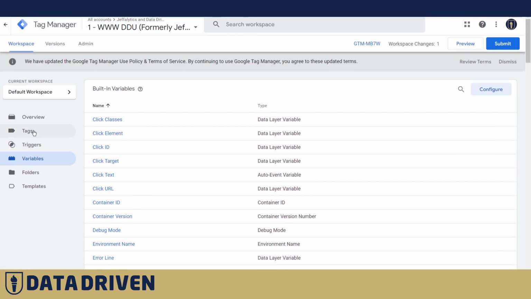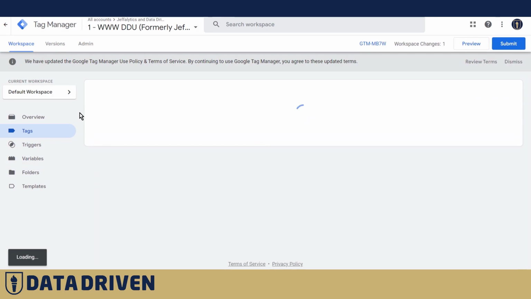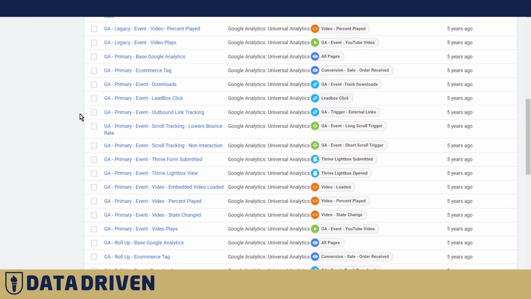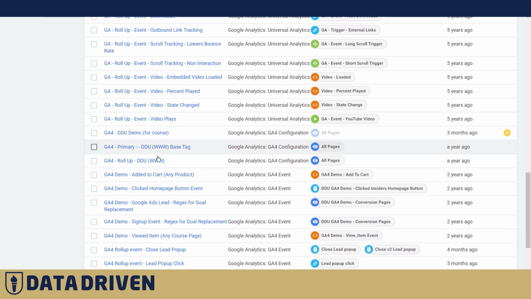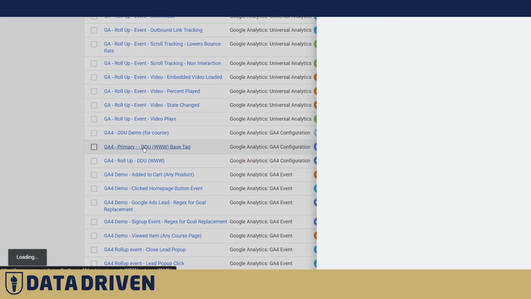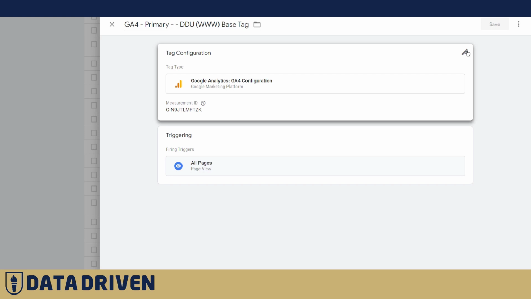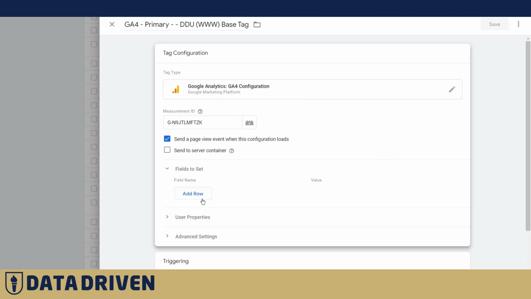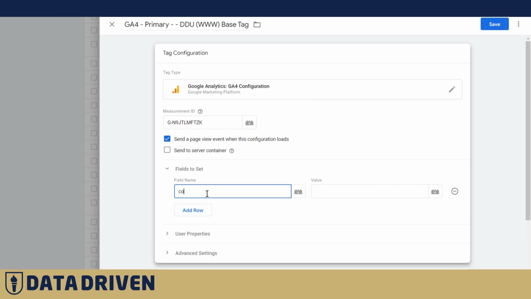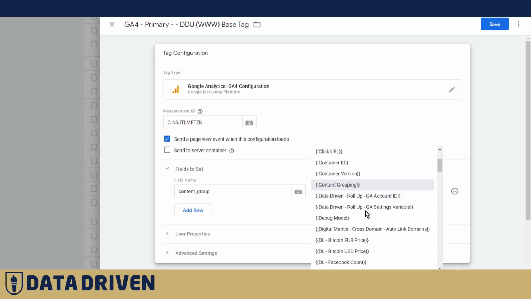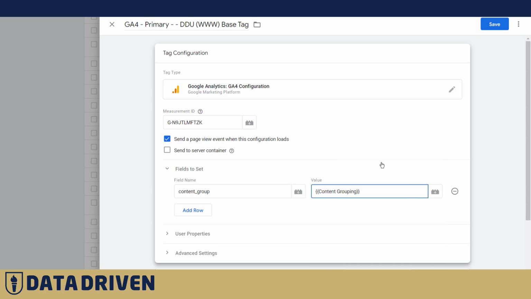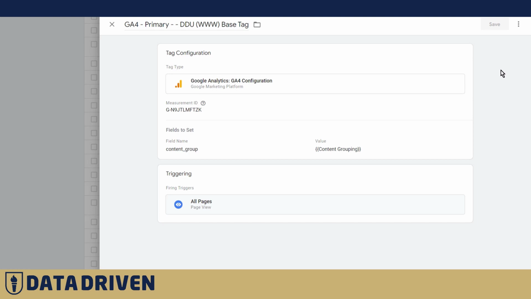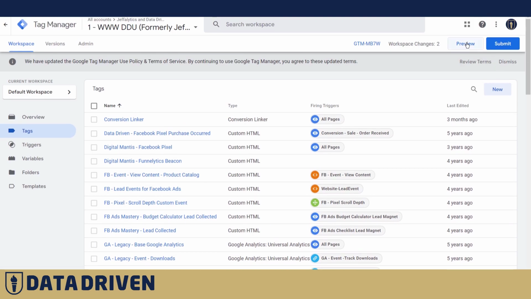And now the only remaining thing is to refer to it in the GA4 configuration tag, which is, I think, this one here. Yeah. So now we have fields to set, and we say content group, and here it is. Now if we save this one and turn the debugger on,